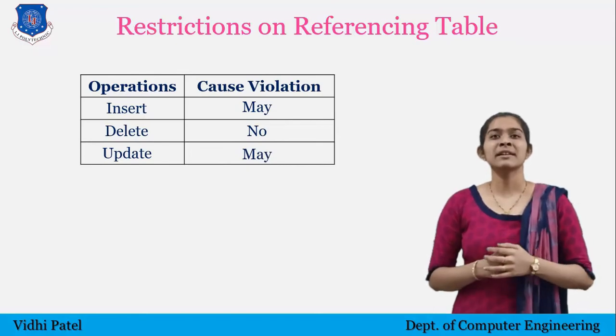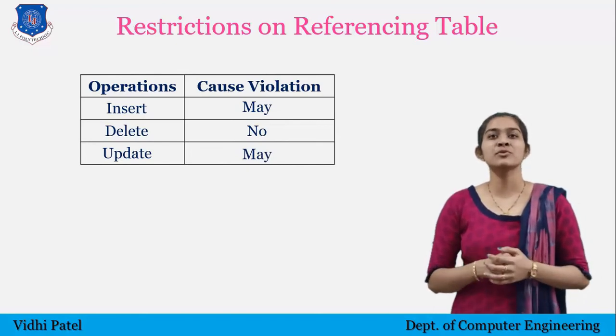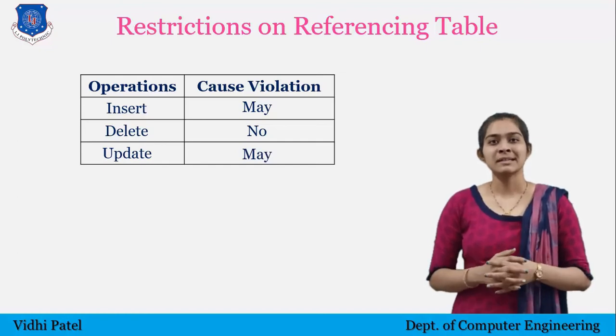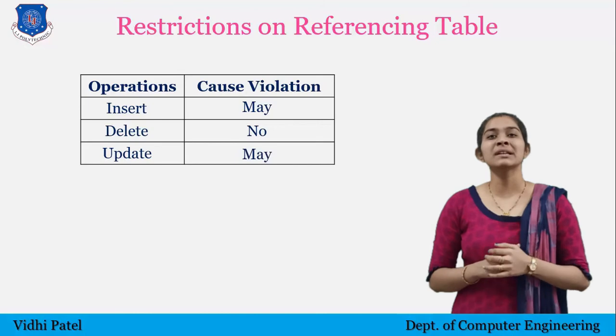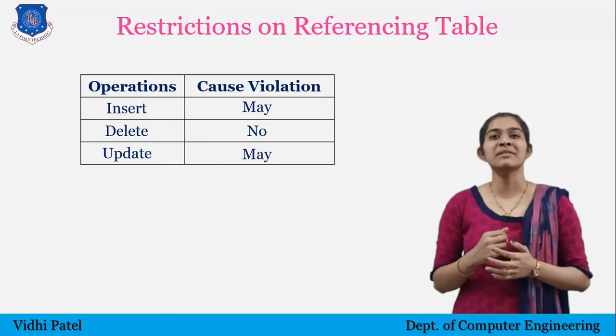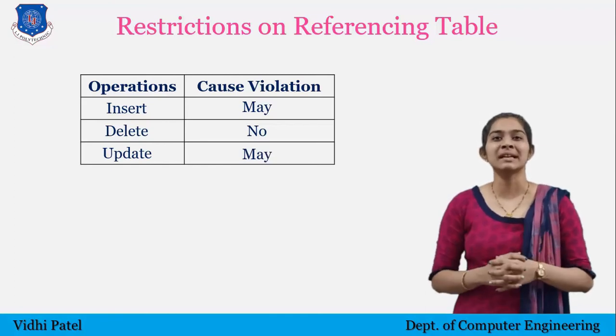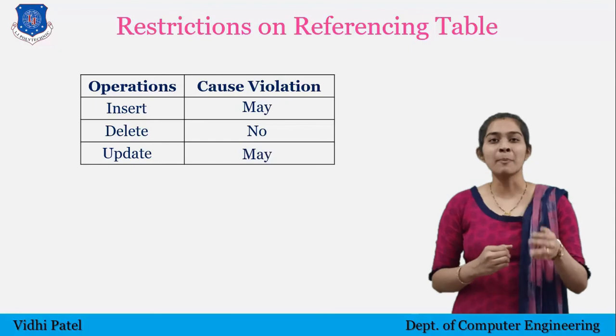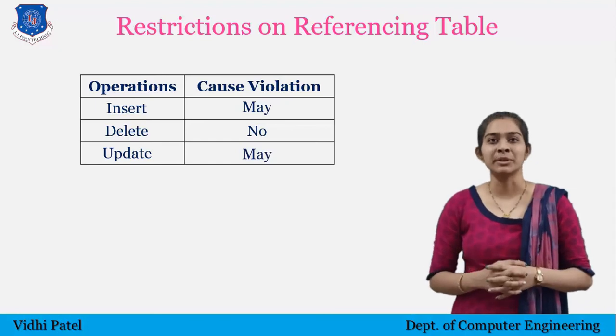If you are deleting a record from the base table then it shows an error. But if you use the ON DELETE CASCADE option then it will automatically delete records from the referencing table. It is possible that from a base table there are multiple referencing tables referring to the data. Then the same concept is applied to all the referencing tables.